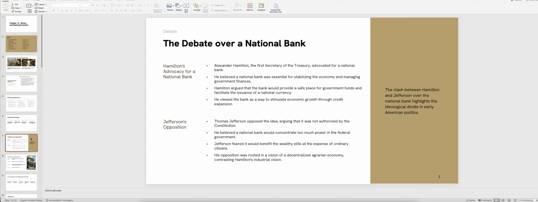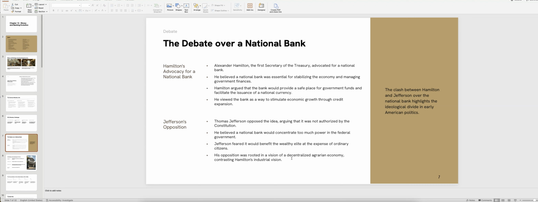And so, as the third bullet point here says for the Jefferson opposition, he feared that it's going to benefit the wealthy elite at the expense of the ordinary people, that they would have just gotten rid of the British, and now they would have the moneyed interest as kind of running the economy. And again, the central bank could also then wreak havoc on Jefferson, who wanted this decentralized agrarian economy, whereas Hamilton